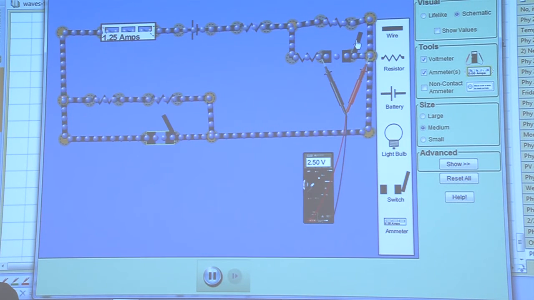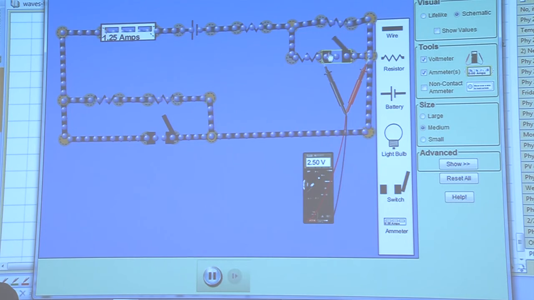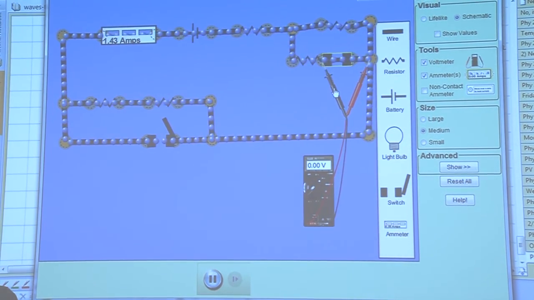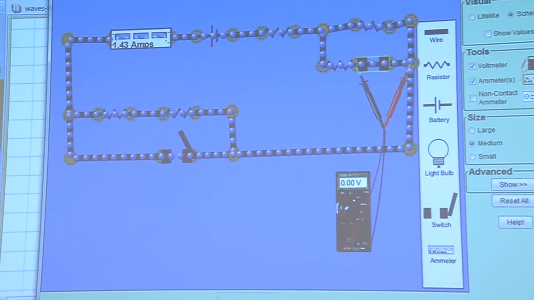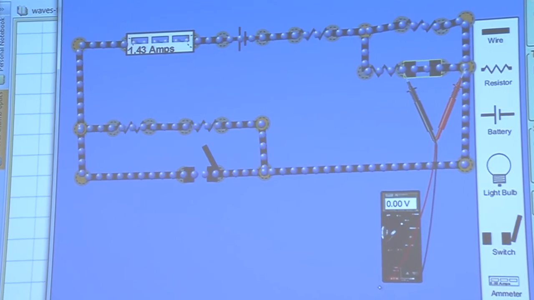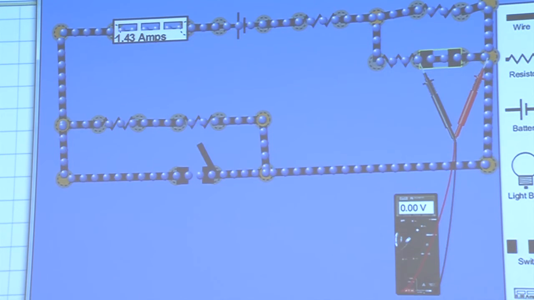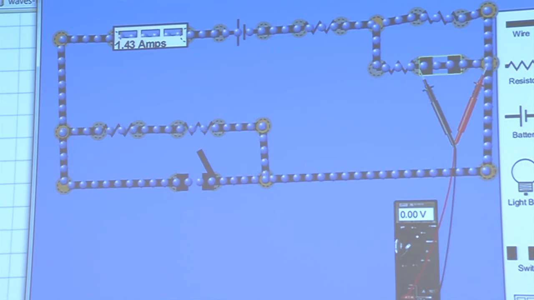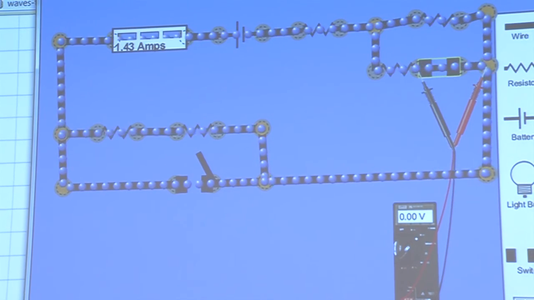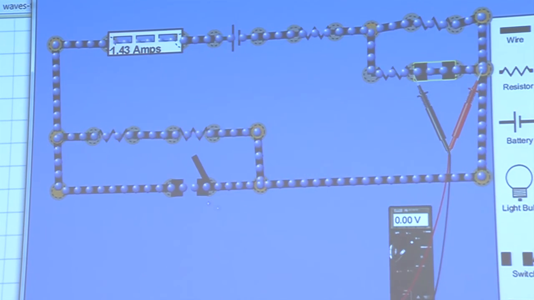So now we're closing this one. 1.43 amps, the voltage goes to 0. And if we close the other one,